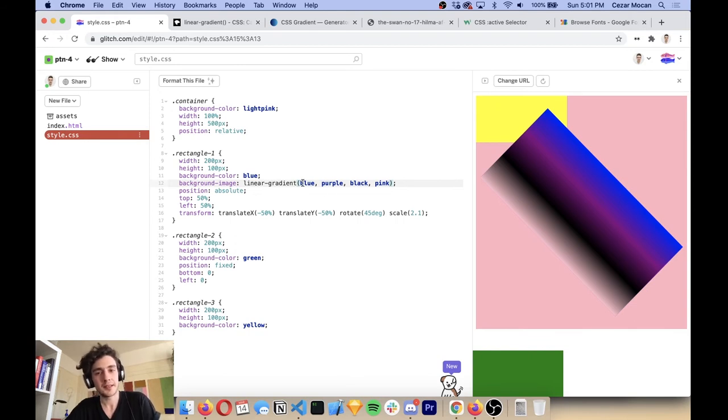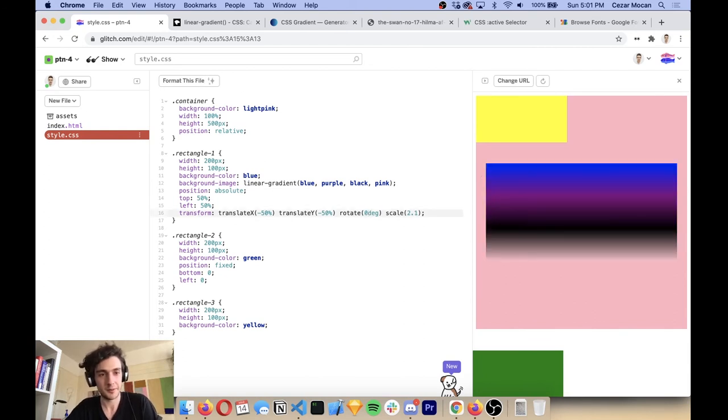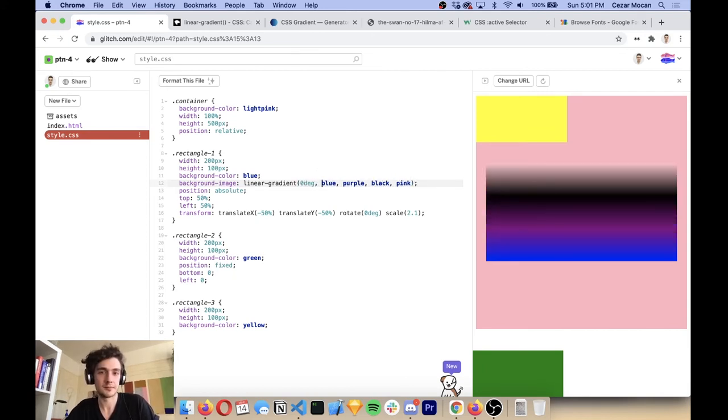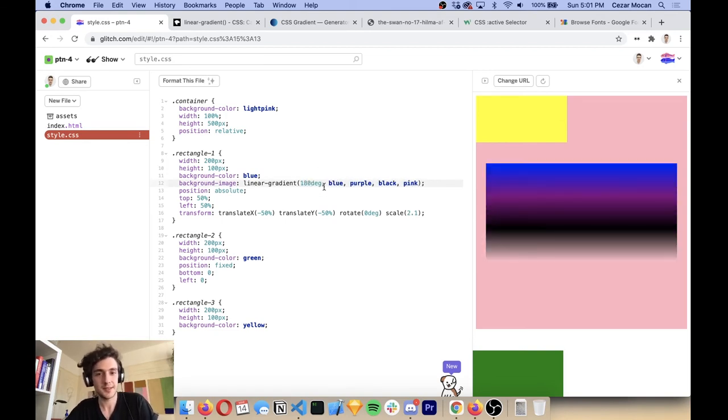And the other thing to know about the gradient is that we can specify a direction for it. For now, I'm going to remove the rotation of our element just to make it easy for us to understand the direction of the gradient. So the default is 0 degrees, no, maybe not. The default might be 180 degrees. So this is an angle, right? It's the angle of the gradient onto our element. So if we say, let's say 90 degrees,